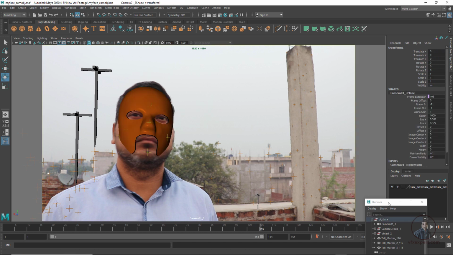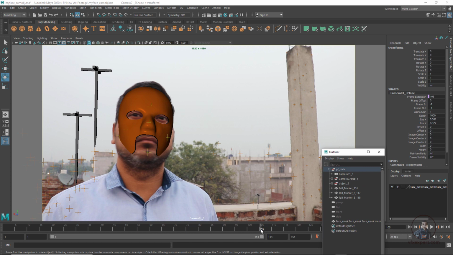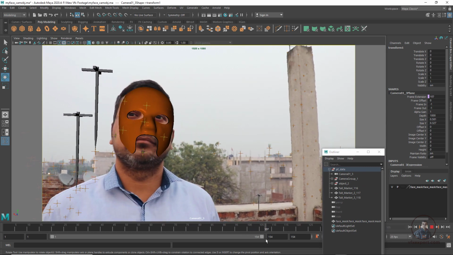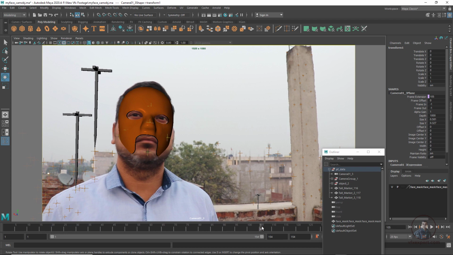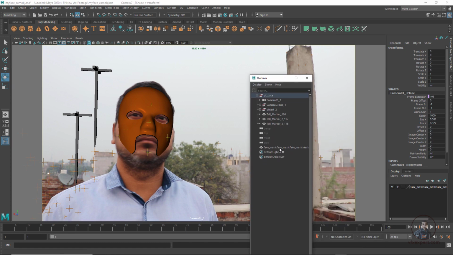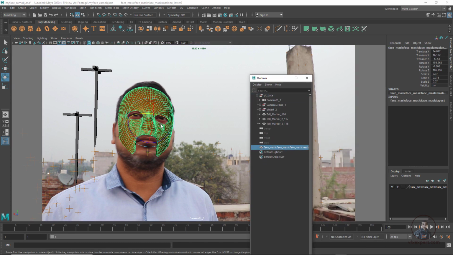Then after this, suppose you move your playhead, this is actually not following here, you can see. So what we have to do is place your playhead where you have matched this model. Then we have to place this face model into our object group, and only then will this follow our object motion. So select this one, hold the middle mouse button and place it into our object group here.